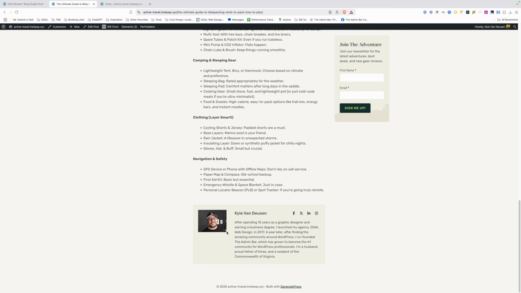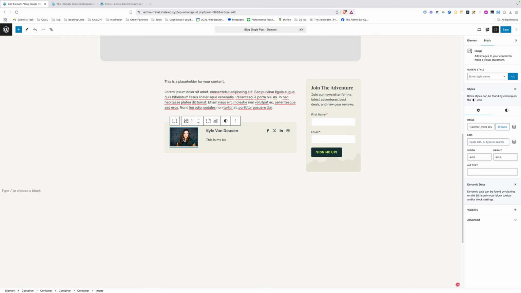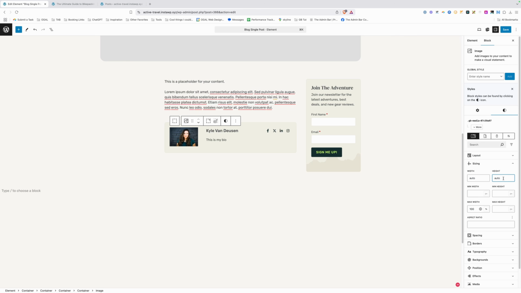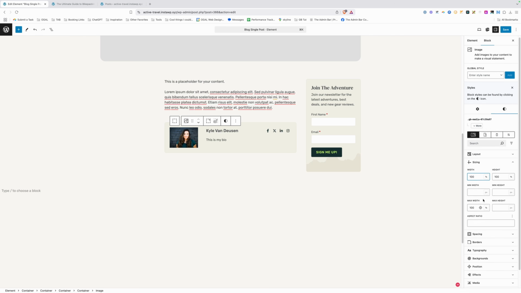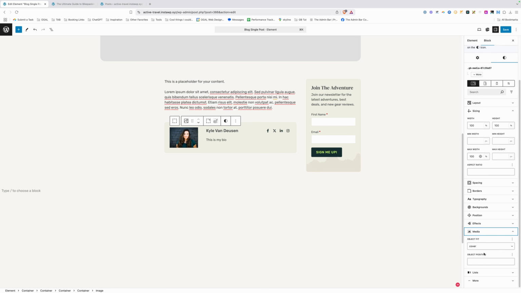First, I don't think I like this image just sitting at the top here. I think I want it to span all the way down to the bottom. So we'll go back in here, we'll select our image, and we'll go in here into the sizing, and we'll make sure the height is set to 100%. While we're at it, we'll make sure the width is set to 100% too, in case somebody uploads an image that's just too small. Now, when you do this by default, GenerateBlocks goes ahead and sets this object fit to